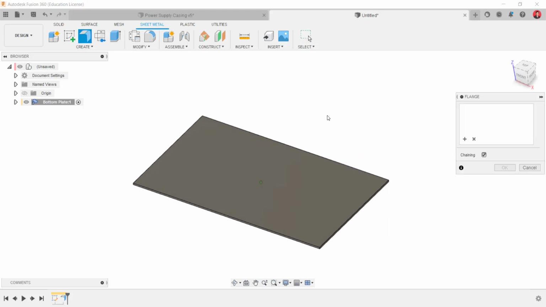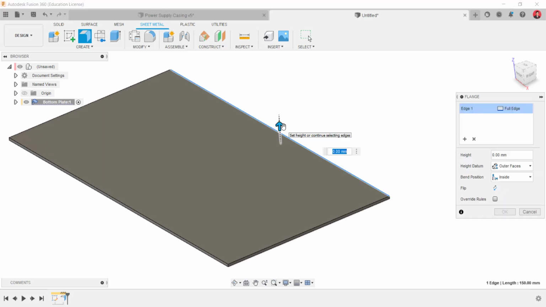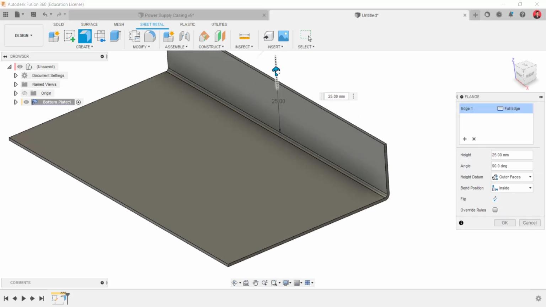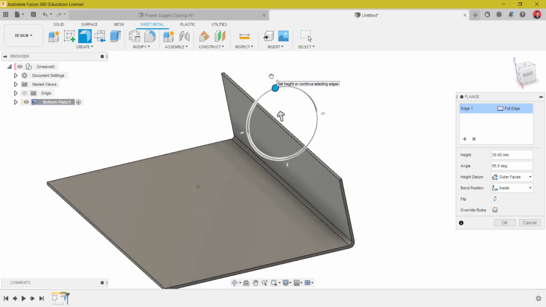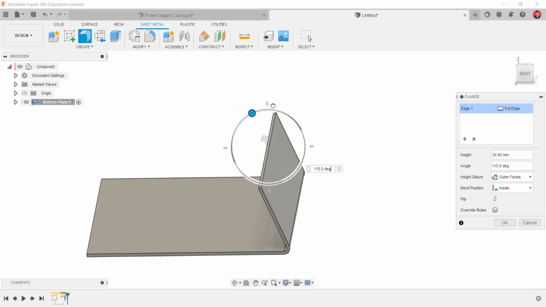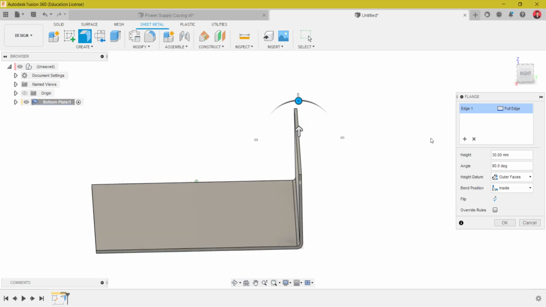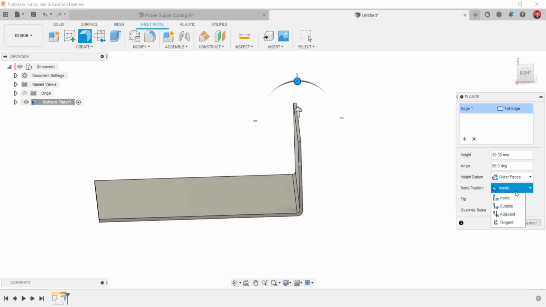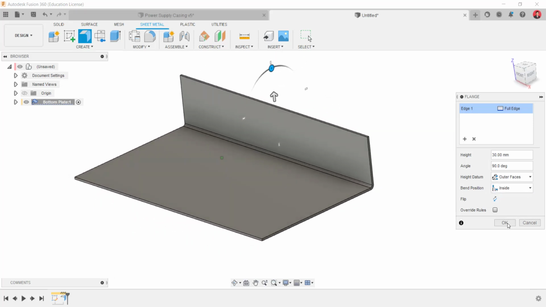in the back of the plate, and then just drag the arrow key to the appropriate length, and also you can rotate the angle of the bend. Okay, in this case I will use 90 degrees, and this is the option which is the bend position. We can choose inside, outside, adjacent, or tangent. Basically this one controls the position of our bend, and I will choose inside,